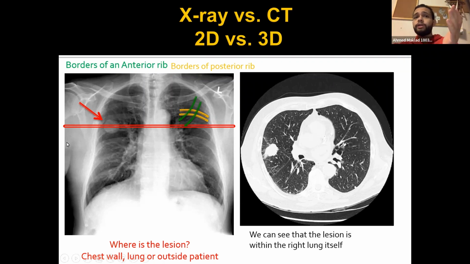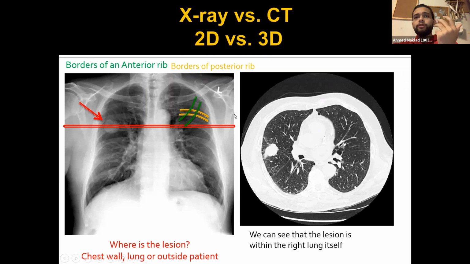So if you look at this X-ray right here, you can see that there's a mass right here, right? But you can't tell if the mass is in the anterior or posterior part of the lung. You're not sure which lobe it's in. You're not sure if it's compressing any vessels or any other major structures. You simply can't tell because you only have a 2D image that is relatively poor in contrast and in spatial